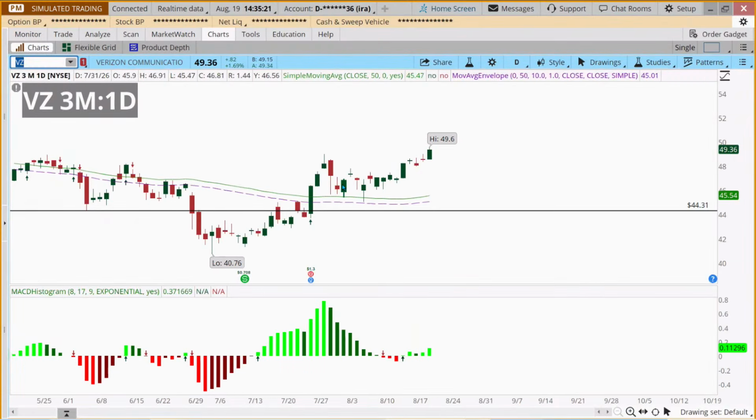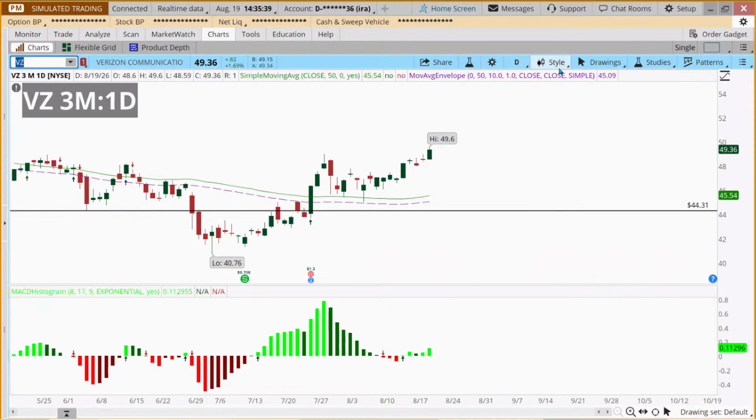Now, as we're looking at stocks to consider, let me go through some of the lists. MACD's green, so valid green arrow, and the moving average is rising. This is a valid buy signal based on our rules. Now, why might a trader choose Verizon over another stock?